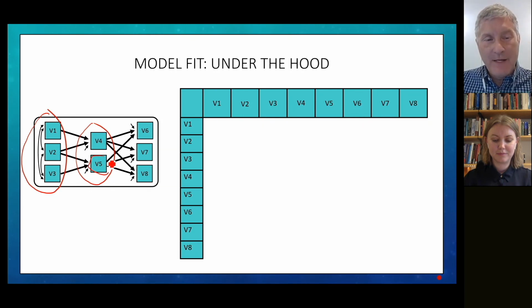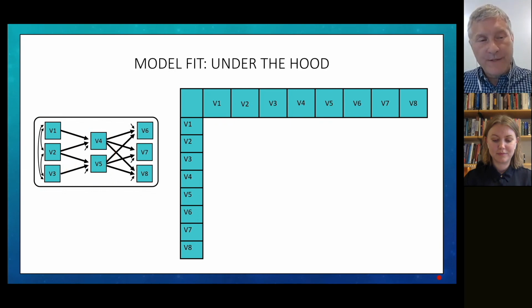Variable 5, apparently someone was bold enough to say, nope, there is no reason variable 1 should have an influence on that. And that's why there wasn't a path there. Ooh, bold. And then we get to variables 6, 7, and 8. Those are hypothesized to be influenced by 4 and 5 directly, but you'll notice variables 1, 2, and 3, there are no direct paths from 1, 2, and 3 to 6, 7, and 8. Why? Because the researcher thought that variables 4 and 5 mediated the entire relation between 1, 2, and 3, and 6, 7, and 8.